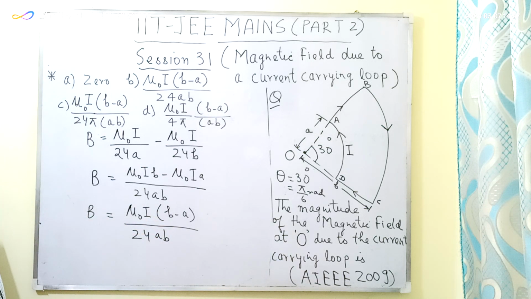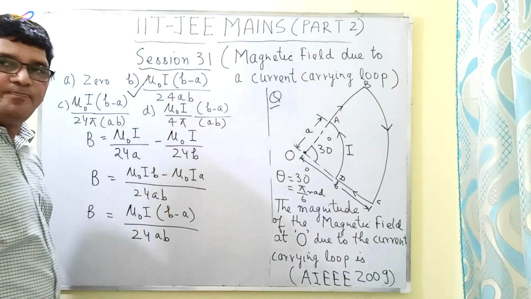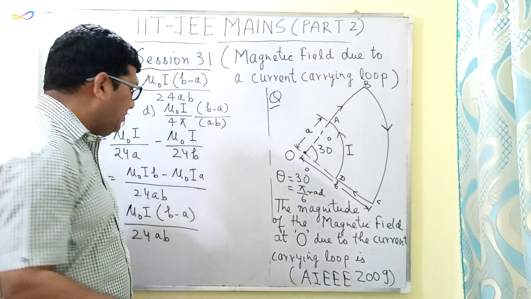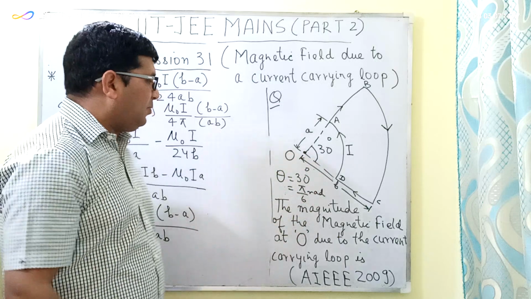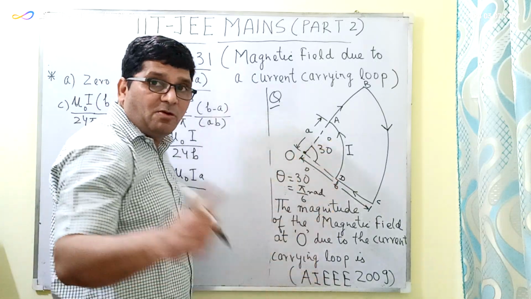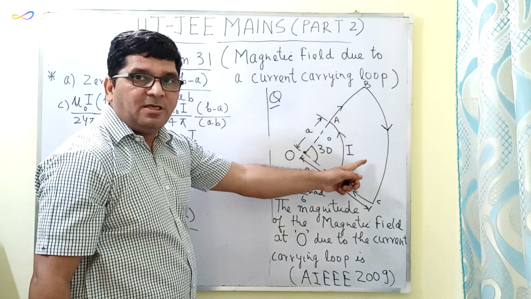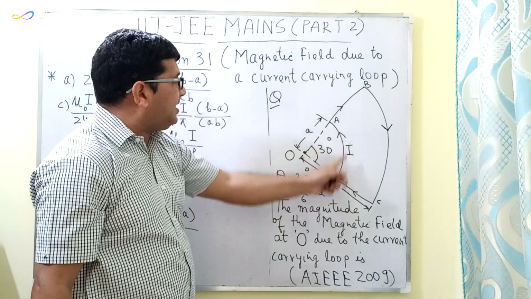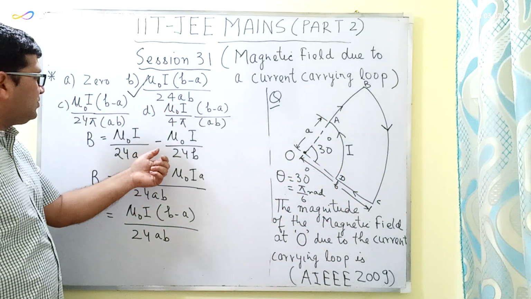So here the correct option is B. The correct option is B. In this case, apart from remembering the formula, the most important thing which you have to take care of is the direction of the current, because the direction of the current is reversing. Therefore, the direction of the magnetic field due to this arc AD and BC will also be opposite, and therefore we had used this